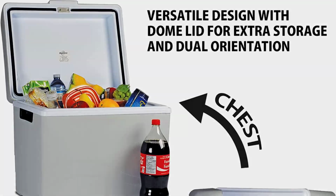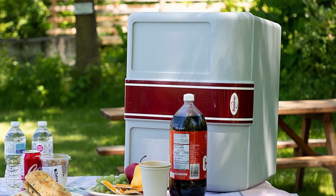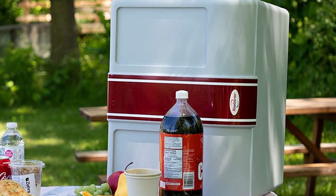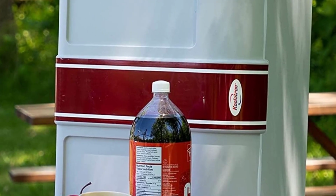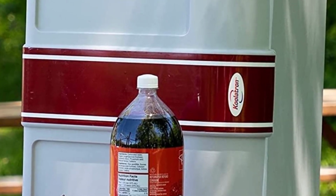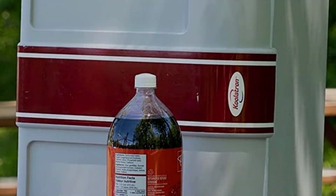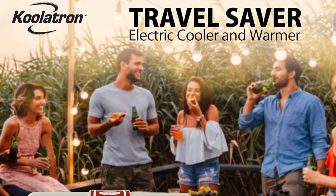Like most thermoelectric coolers, the Koolatron doesn't do a swift job cooling room temperature items, and performs better when used in conjunction with sealed containers of ice. We quickly discovered this cooler is by far the noisiest of any model we reviewed. It's also shockingly power-hungry, and while we didn't experience any durability issues, the cord dangling out the back and overall